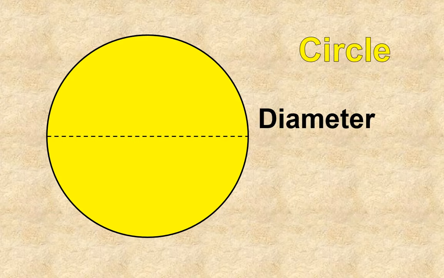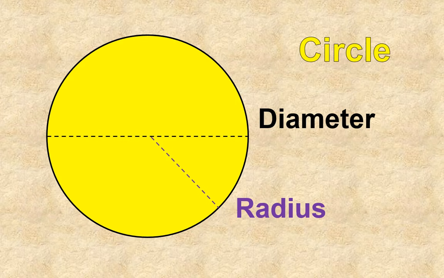This is what you call the diameter. The diameter is a line that goes through the center of the circle and hits the two end points on the circle, along the outside of the circle. This purple line is called a radius. A radius is a line that goes from the center of the circle out to the outside, hitting the edge